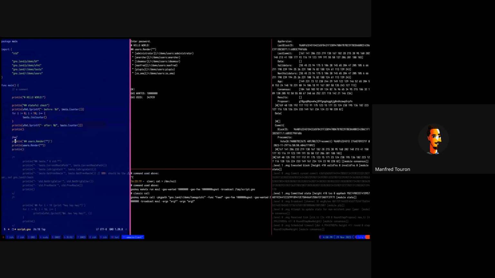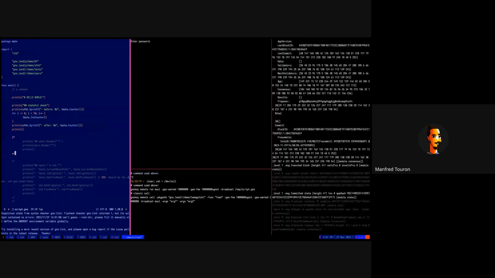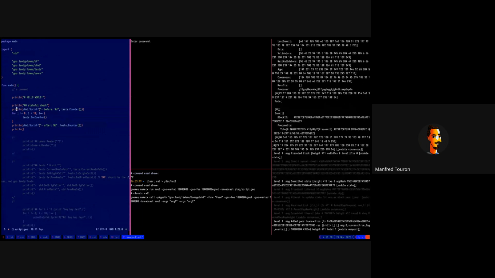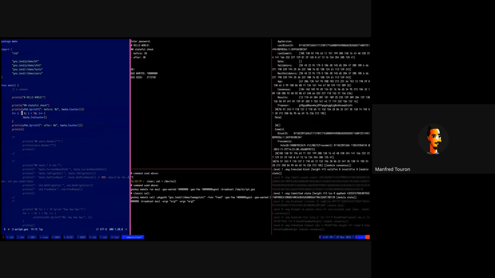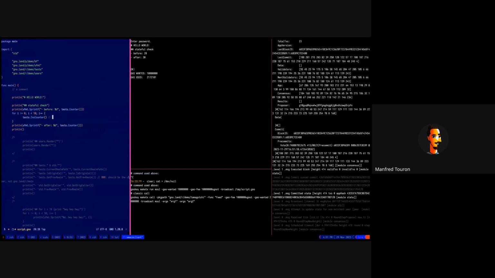The stateful check is about calling another contract which has a global variable. First, I print it before. So in the test package, before, the value was 20. Then I make a loop of 10, and I call test.IncCounter. It's something you could usually call 10 times with maketx call func IncCounter.